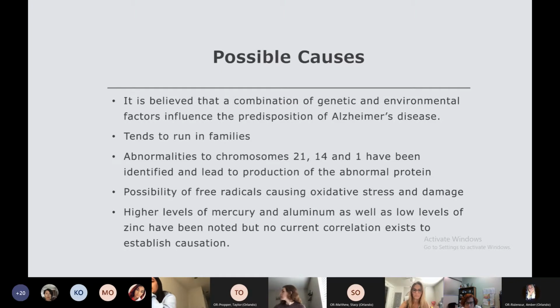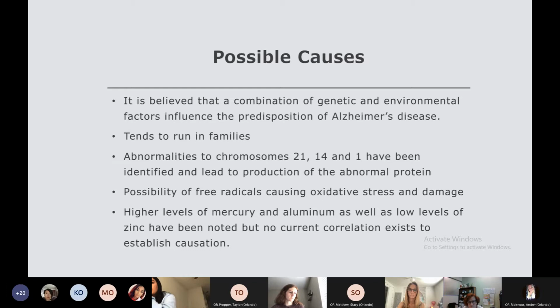There's abnormalities to chromosomes 21, 14, and 1 that have been identified, and those lead to the production of the abnormal proteins that we just spoke of. And so they do sometimes see a connection with chromosome 21 with the Down syndrome and with Alzheimer's disease, but it's not 100% correlated. And there's also the idea of possibility of free radicals that cause oxidative stress and damage